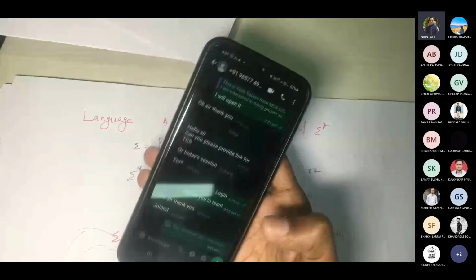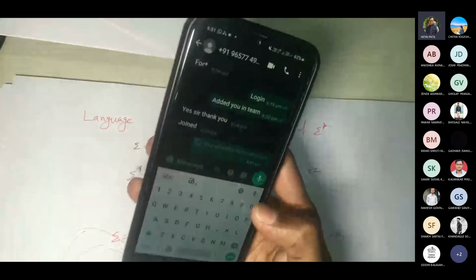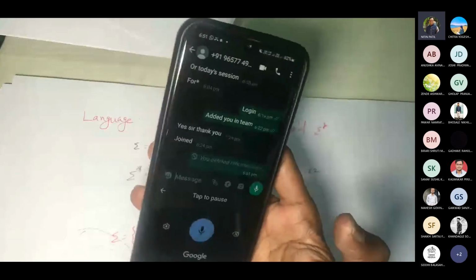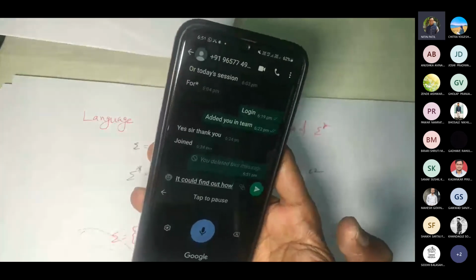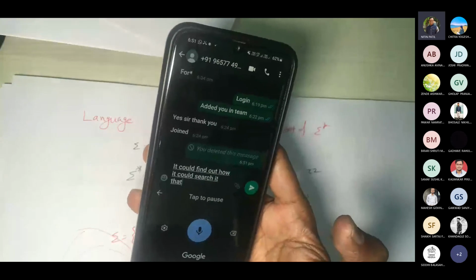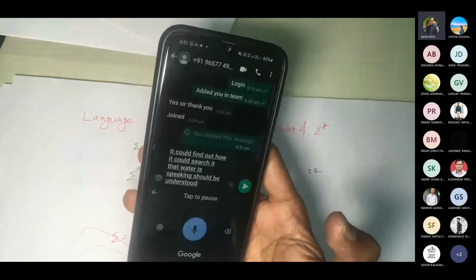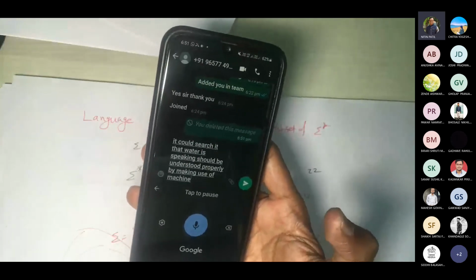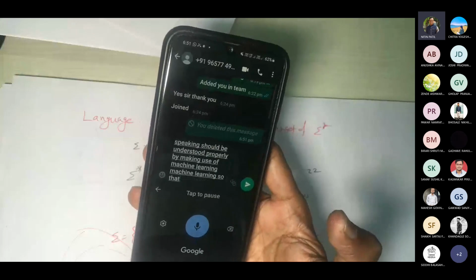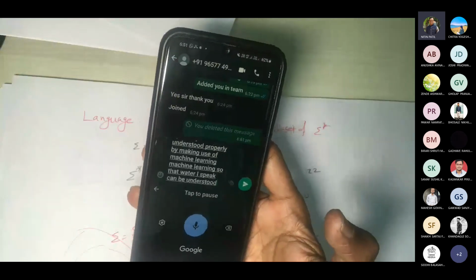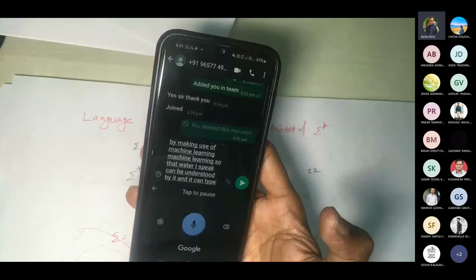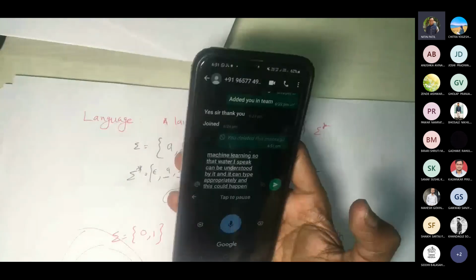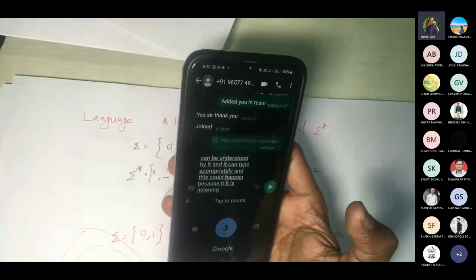Now how exactly is it identifying whatever I'm speaking? It makes use of machine learning so that whatever I speak can be understood and typed appropriately. This can happen because it is listening to every word I'm speaking.